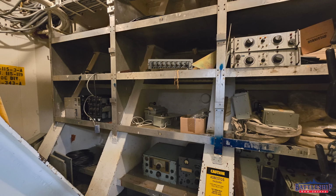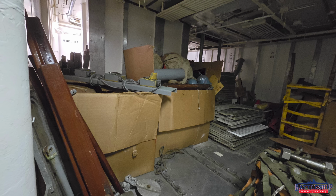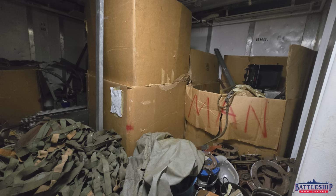And how do we keep finding tools and things? Well, there's just boxes and boxes of stuff all over the ship that we've never been in before. Some of the 5-inch magazines, for example, have these huge boxes of deck equipment in them, and they're stacked multiple high. So we've never emptied the top boxes to be able to get down to the bottom boxes and see what's in there. Part of it is I knew that this thing was over there, but I didn't know what it was. And now finally, after working here for 7 years and learning more about the ship, I've been able to figure out, like, oh, that's